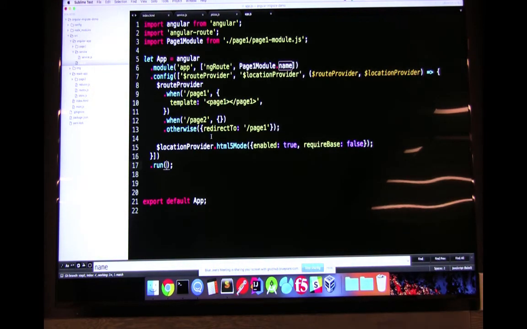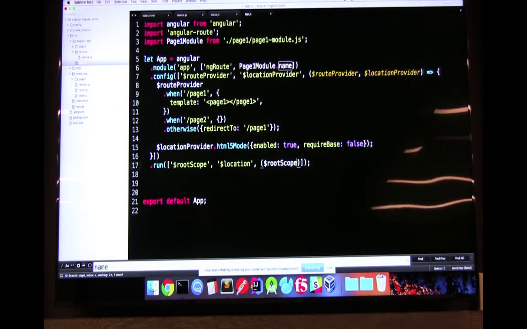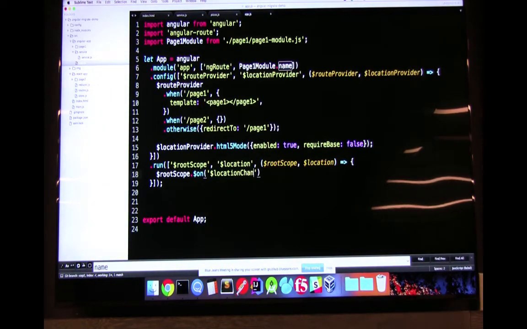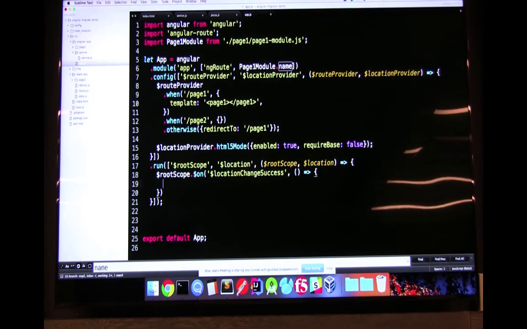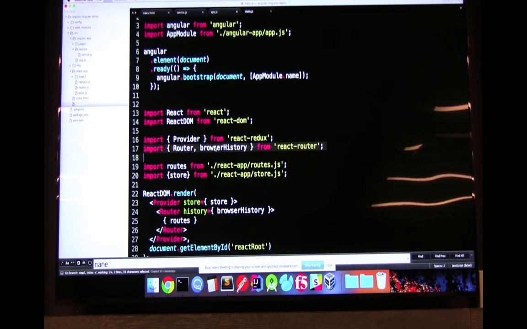So we're going to listen, and Angular has this thing where you can listen to location changes. Then on success, we are going to bump the browser location change